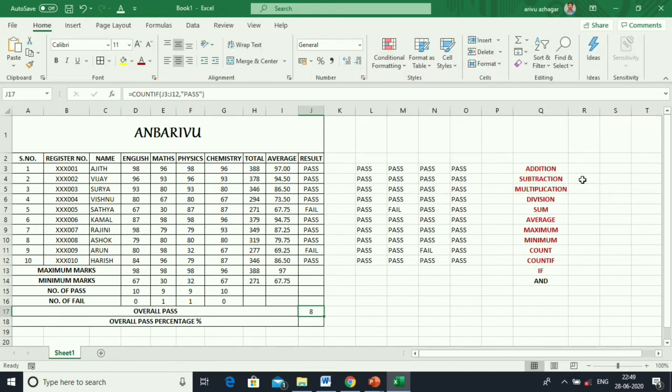Overall pass percentage: enter equal to, select the total pass cell J17 divided by 10, the total number of students. Then for percentage, click the percentage symbol in the top of the toolbar.